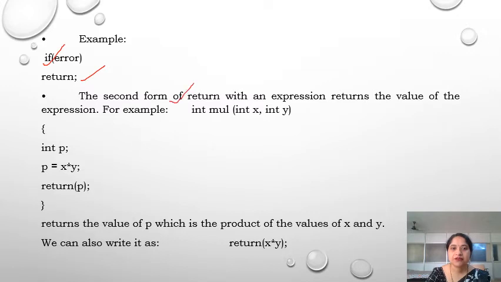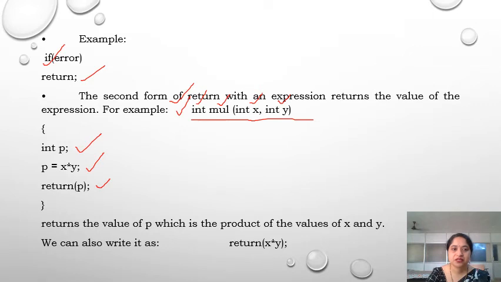The second form of the return statement is the expression. It returns the value of the expression. So let us take a function, for example, int mul(int x, int y). Here int is the return type, mul is the function name. The int x and int y are the two parameters. We have the declaration of local variables, the executable statement and the return statement.